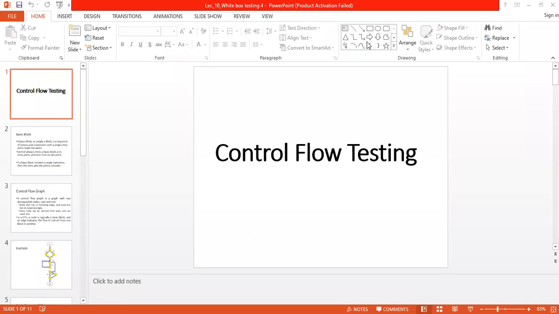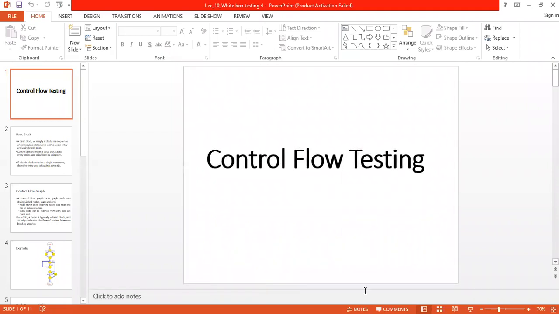So today we will be talking about what we call control flow testing, right? So this is another white box testing mechanism that is based on graph related concepts, right? So previously we have discussed